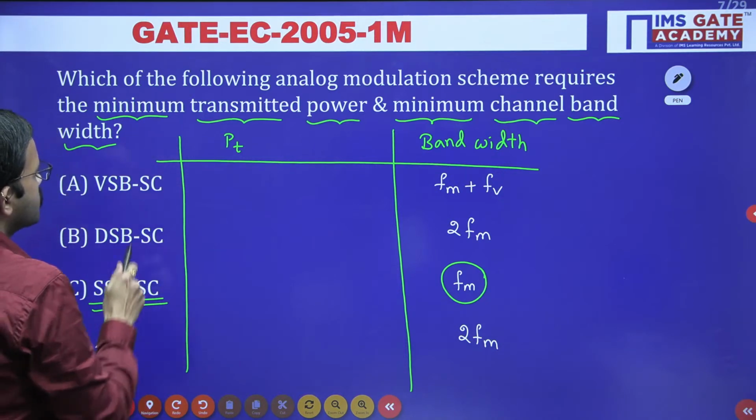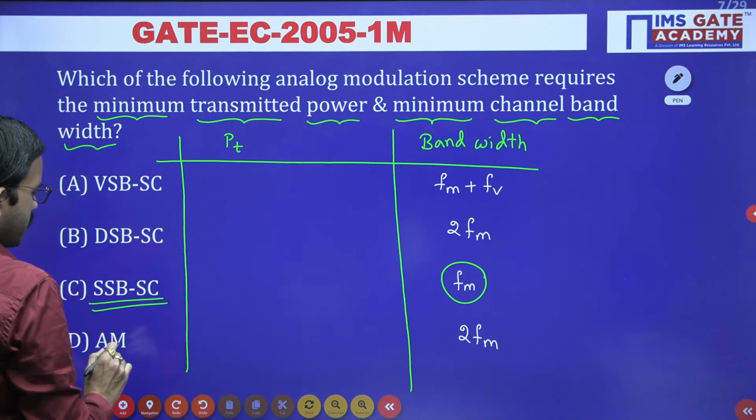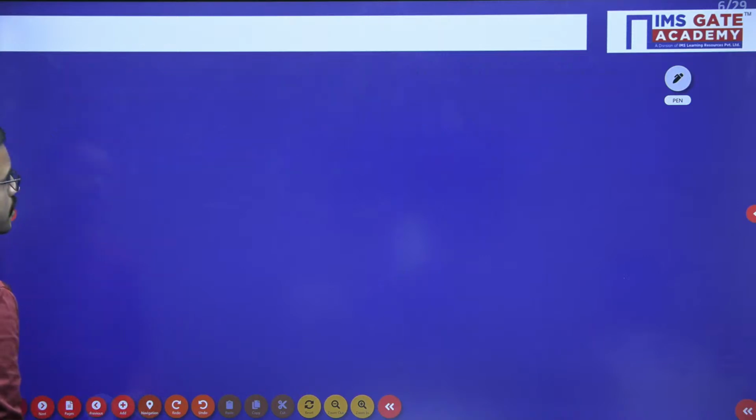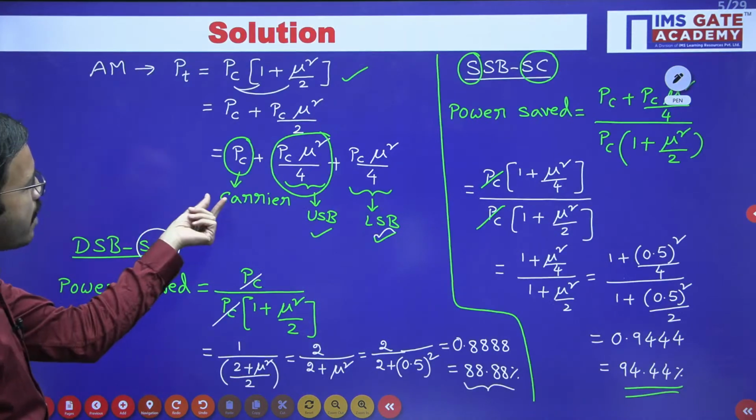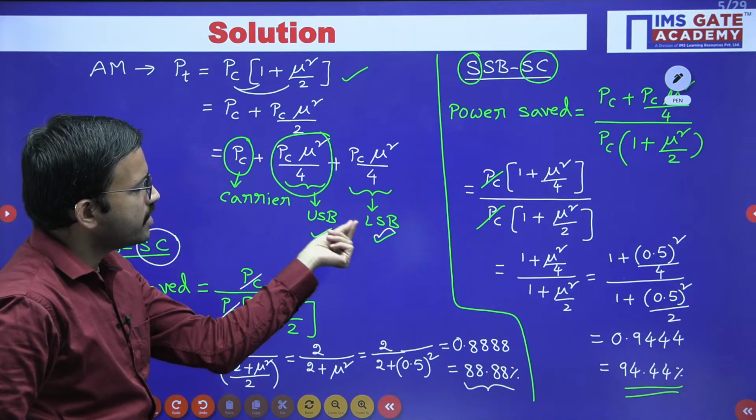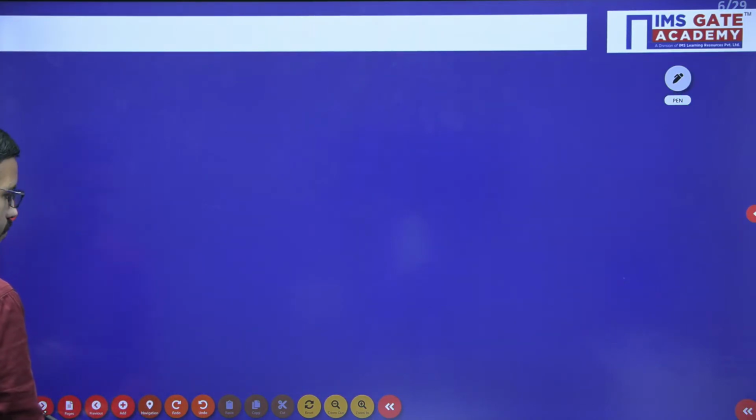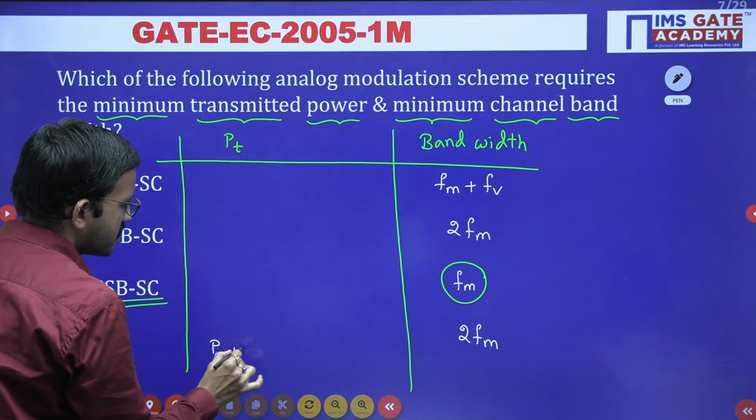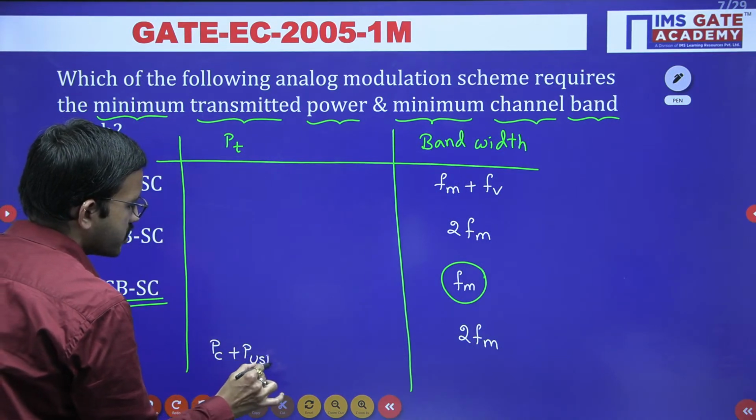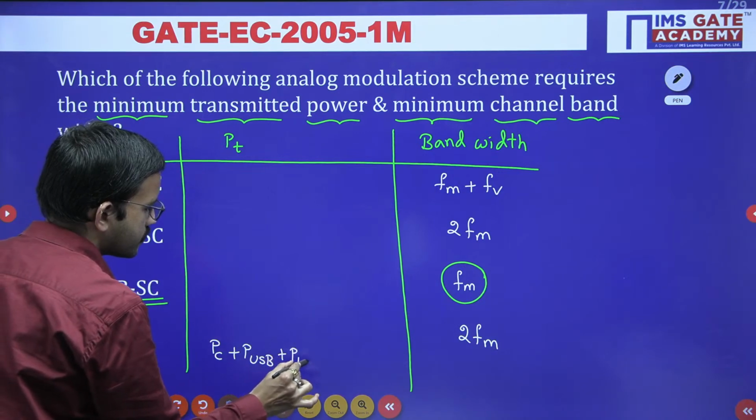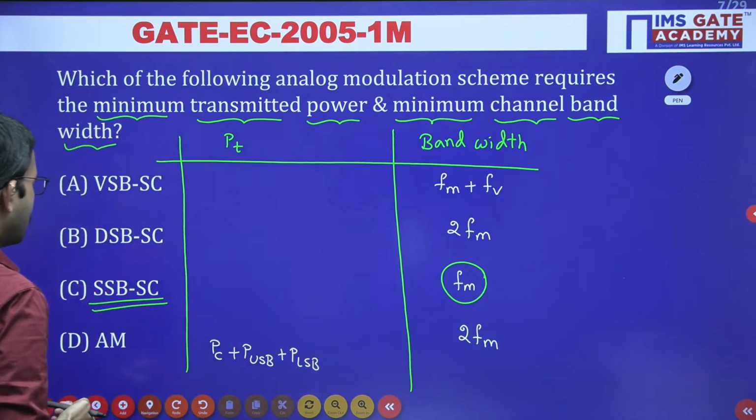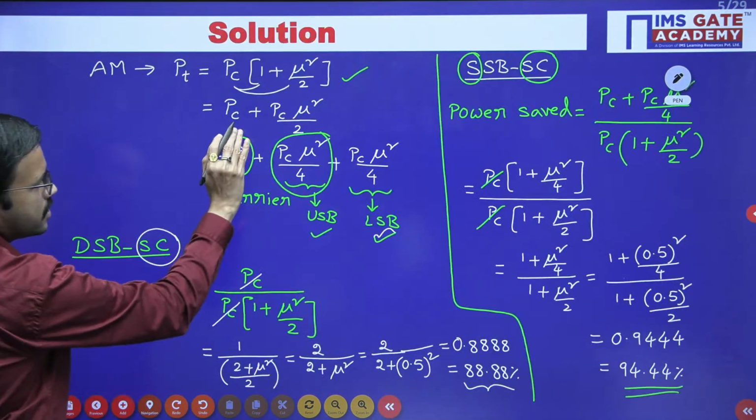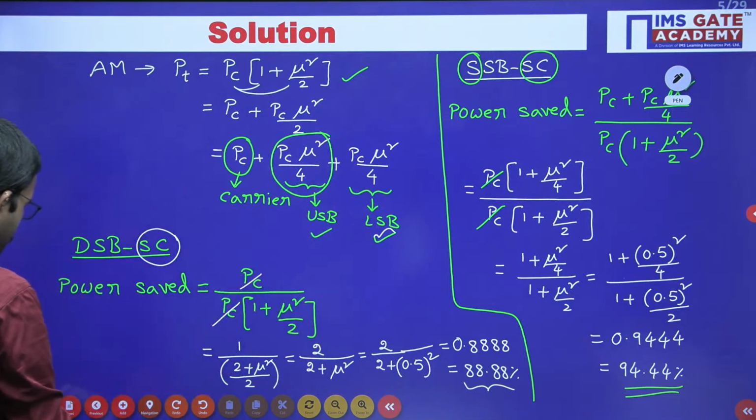Regarding AM, the total power required, as we have seen earlier, includes the carrier power, the upper sideband power and the lower sideband power. Now in double sideband suppressed carrier, we have suppressed the carrier, which means you have both the sideband powers,